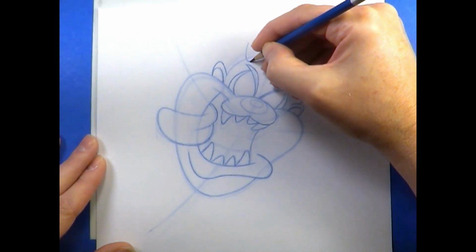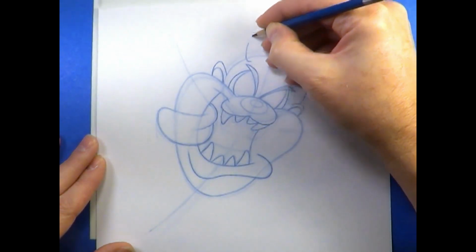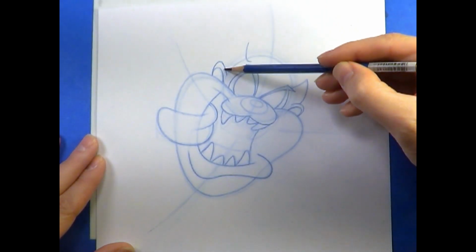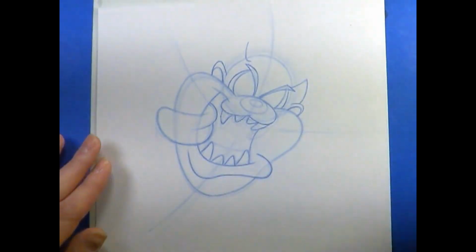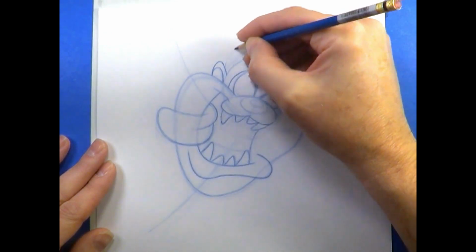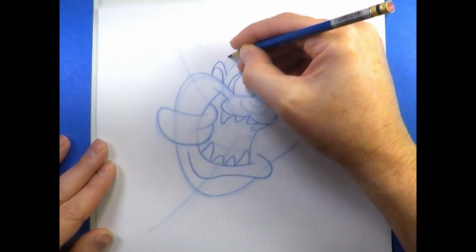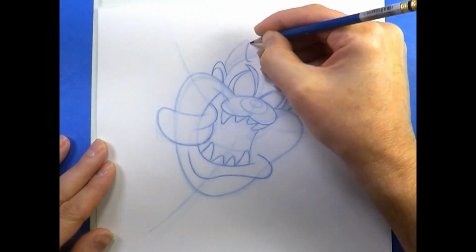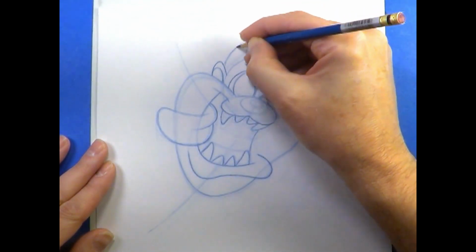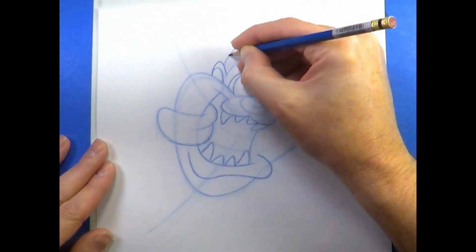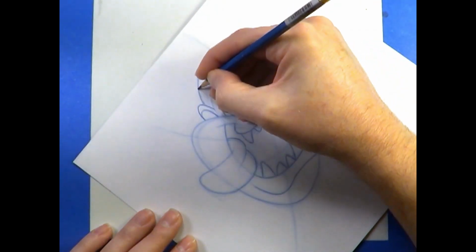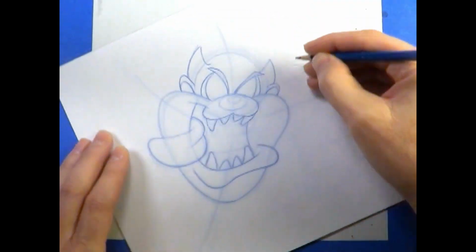So I think that's about right, something like that. And then I'm just going to bring that down and connect it to the ear about right there. Again, I'm ignoring the tufts of hair, so I'm just going to draw a simplified version of it like this. And I can adjust it and make the tufts of the hair in a moment. Okay, so there I have it,